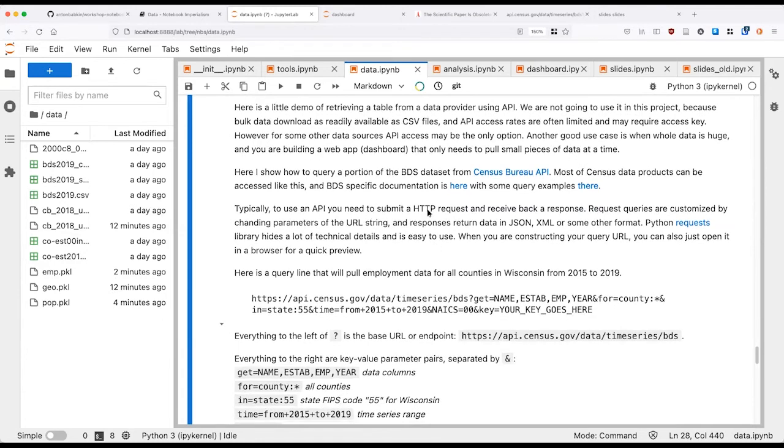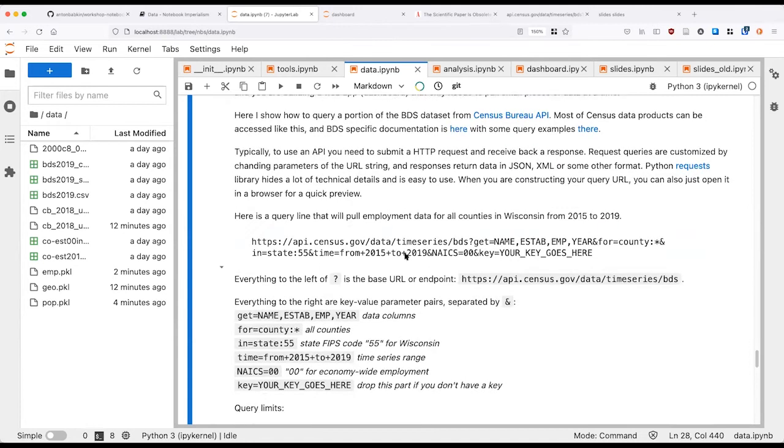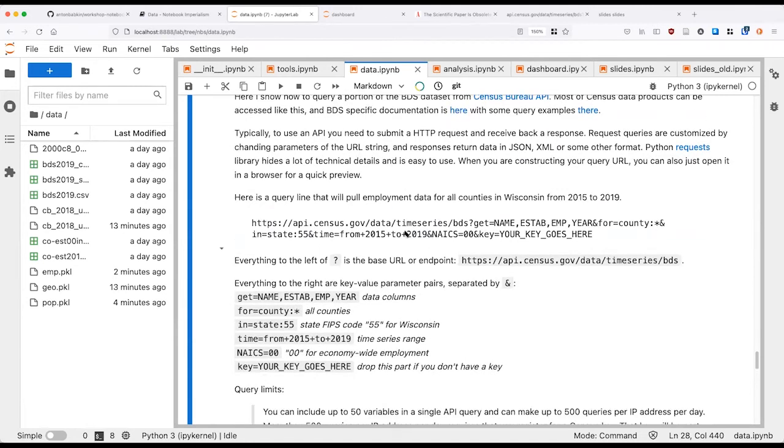APIs, in a nutshell: you submit an HTTP request over the web, and you get back a response, decode it, and turn it into a table, text, or whatever it is. Very often it's in JSON format, like is the case here. For the request, you need to provide the URL, and often to customize a query, you will be using URL parameters. So it's a really long string,